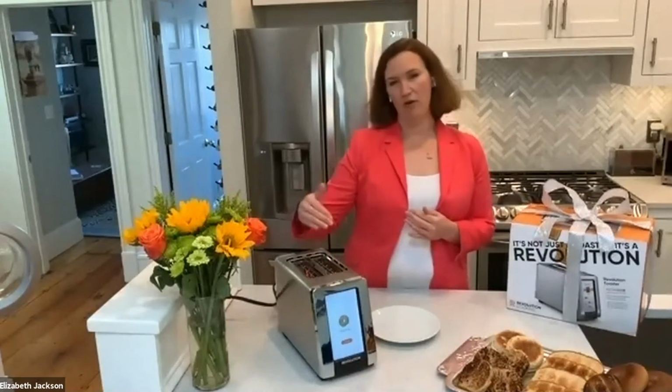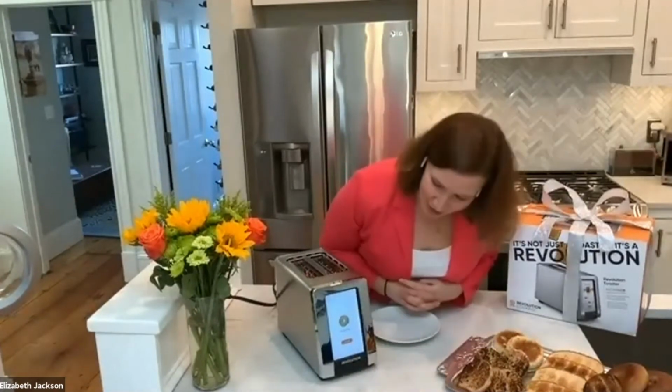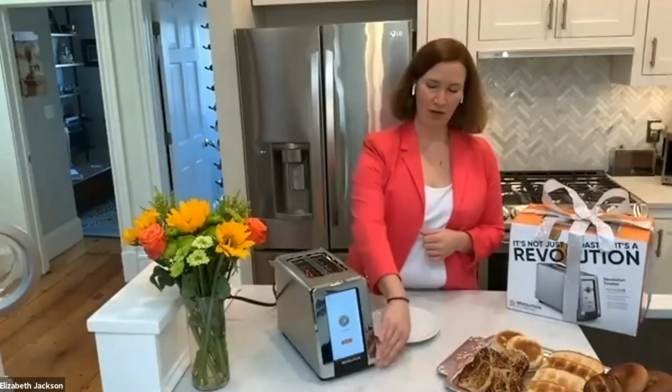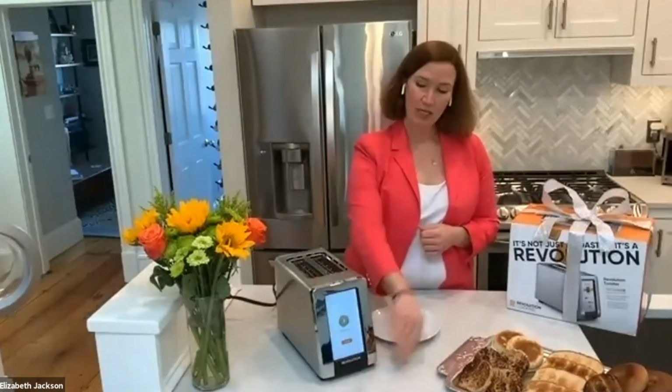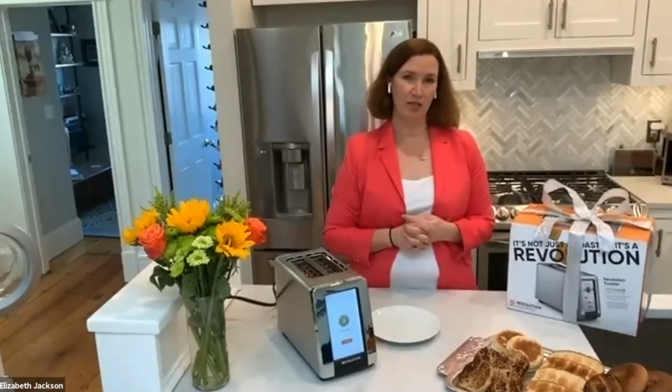So our inner and outer elements will turn on and off as the piece of bread toasts so that it will come out perfectly at the end. We're still going there. I'm watching these little dots as it goes around the circle. We also have a crumb tray that easily pushes and pulls out, and a crumb tray reminder. So every few cycles, you'll get a reminder that it's time to clean your crumb tray, which is a great